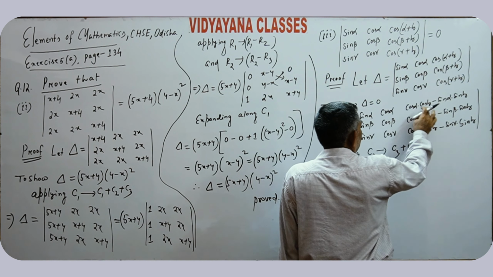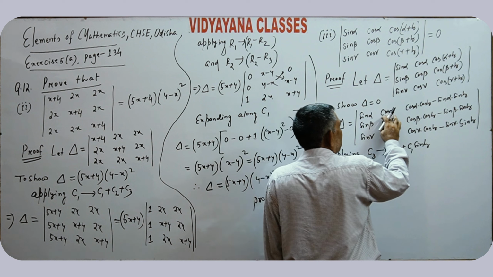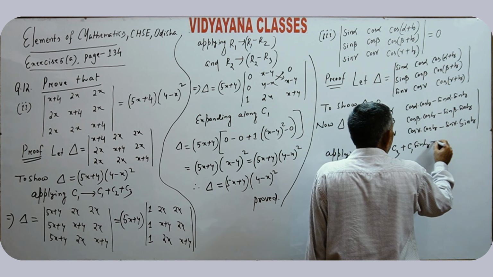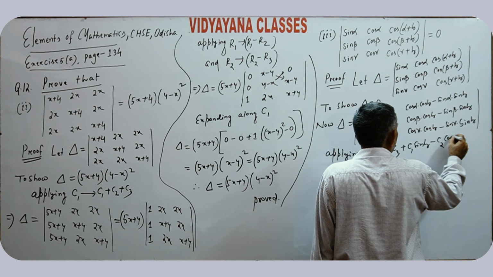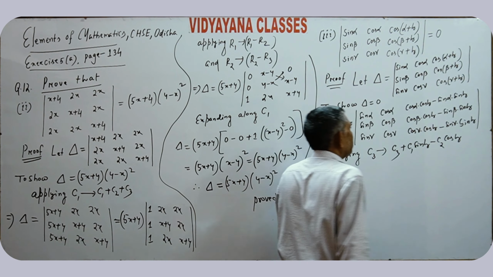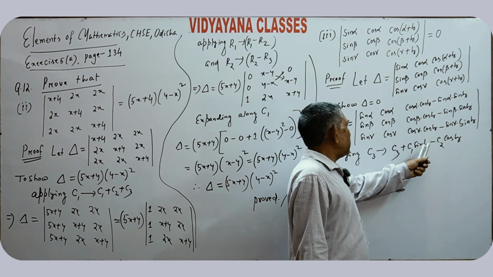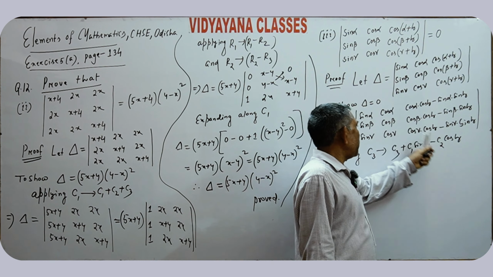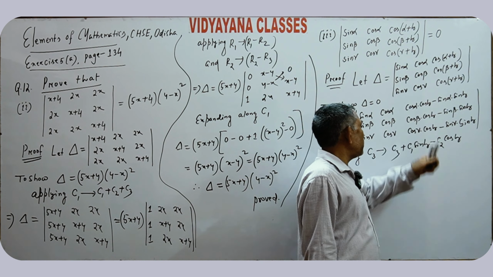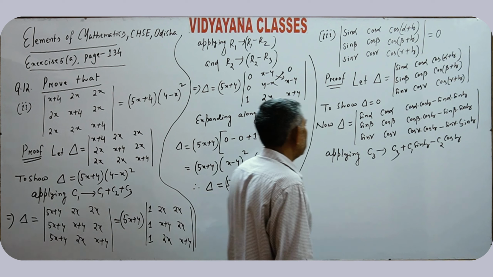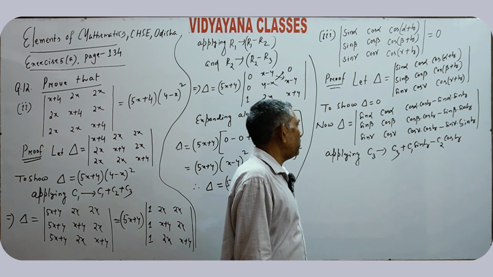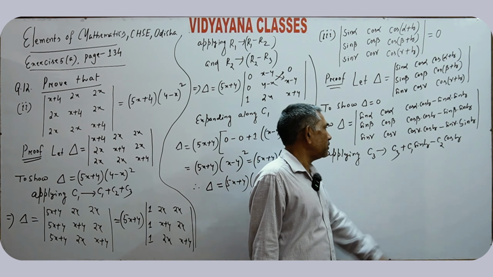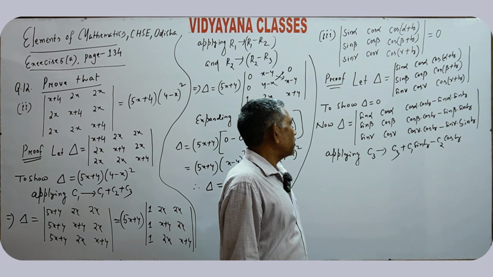Cos alpha, cos delta. Here it is cos alpha minus C2 cos delta. That means minus cos alpha into cos delta plus cos alpha into cos delta, that is equal to 0. So apply C3 is replaced by C3 plus C1 sin delta minus C2 cos delta,